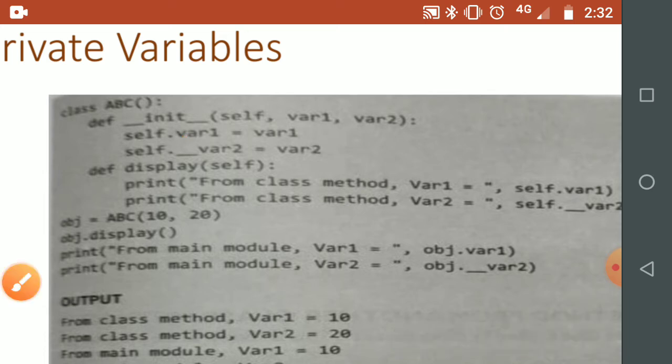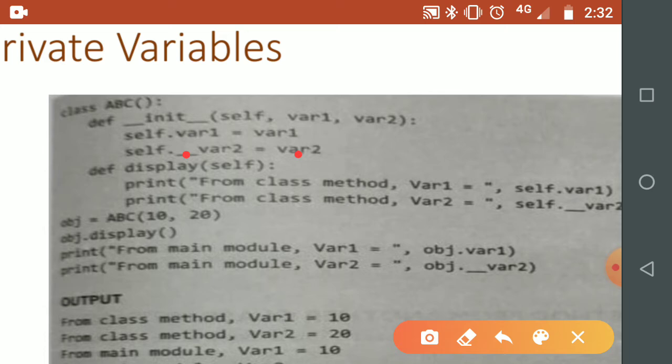Now look at the second line. var2, which is 20, is caught by this var2 variable. Now this var2 variable we are going to assign to self.__var2. Now we know the meaning of a double underscore before a variable name. It is a private variable because there is a double underscore prefix, which we already discussed.